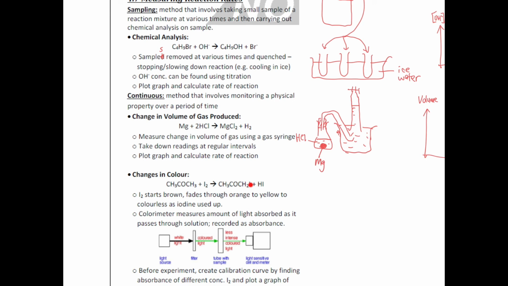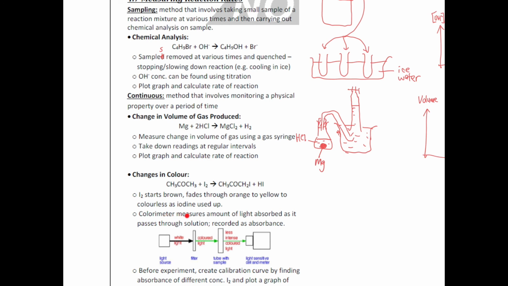We focus on the I2 here, which is brown in color. At the end, when the I2 changes to the iodo compound and HI, you should expect the brown color to fade. From brown to orange to yellow, then to colorless at the end. So HI and this product have no color. It changes color, and we use a colorimeter